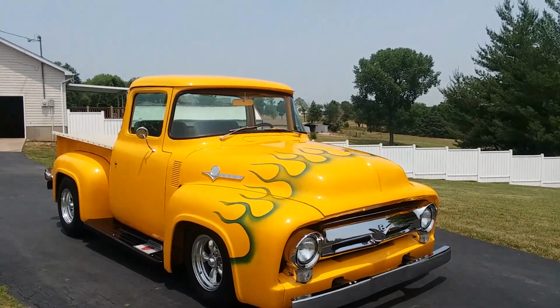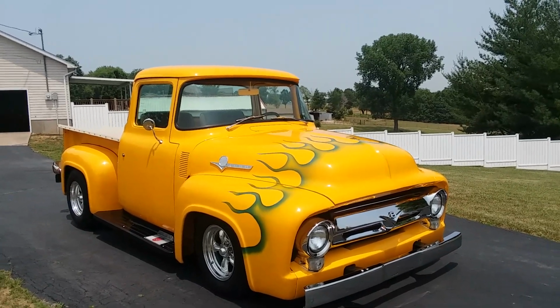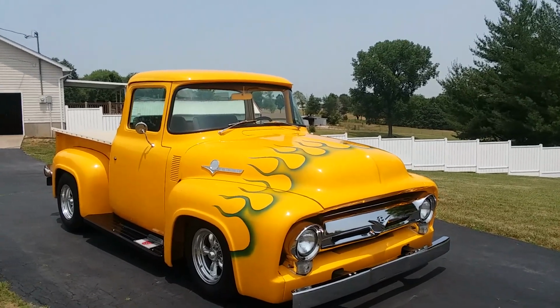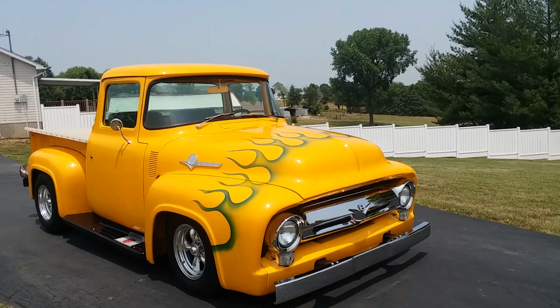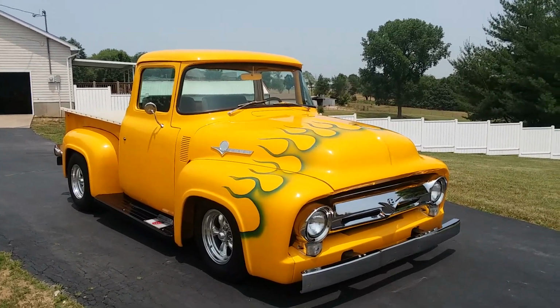I'm going to change the way I address these situations. If it's not a numbers matching car or some exotic powertrain, I'm not going to sand these blocks down and figure out whether it's a 289, a 302, or a 351. I was told it was a Windsor, so I'm not sure. It's clearly a small block Ford. So moving on with a